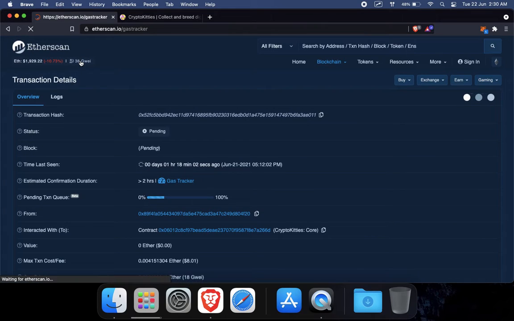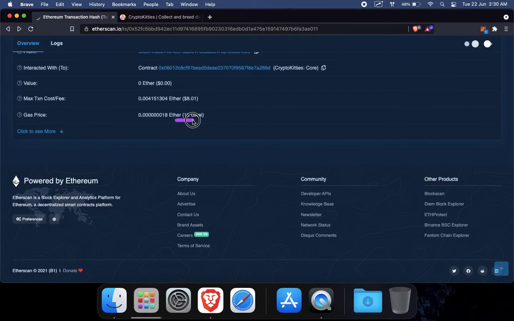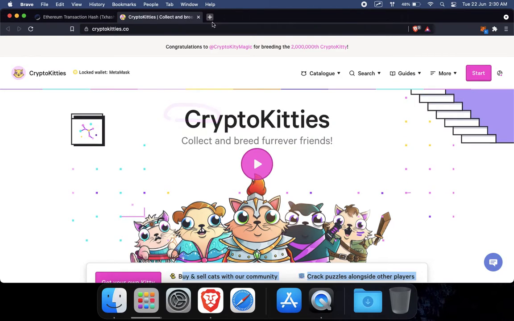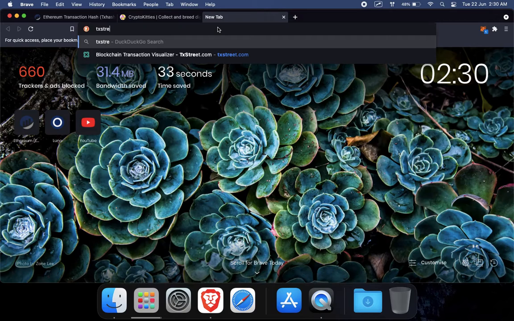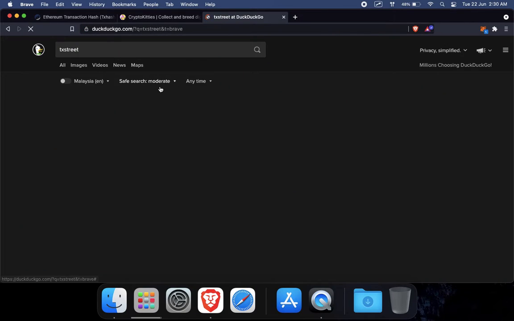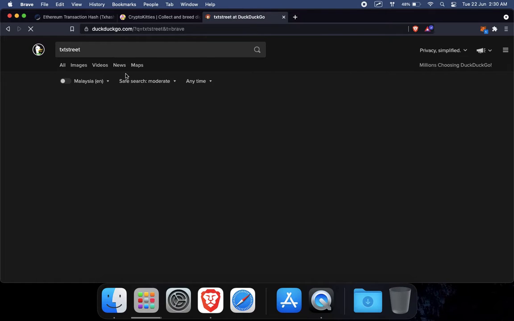How do we know that it's low? If you look here, right? 24 is the low, right? 24 is already low. Anything lower than that, probably be stuck for a long time. This person put 18 Gwei, right? If you look at transactions, so Txn Street, sorry, transaction street,